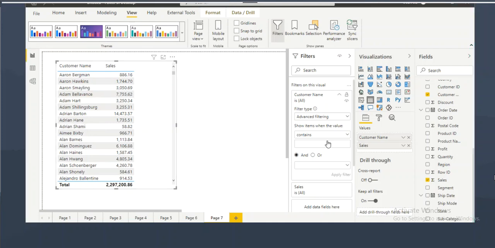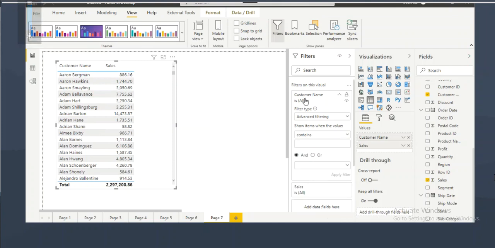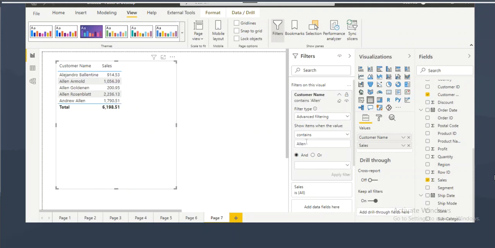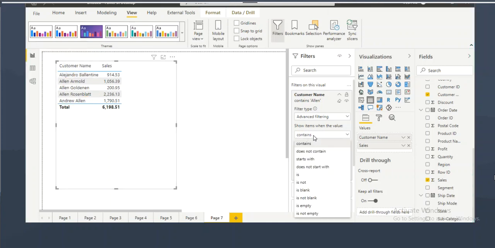So when a name contains Ellen and you want to show it, you need to try an option called what? Contains. Customer name contains Ellen. When you write customer name contains Ellen, it will show the customers whose name contains Ellen in between. So where is Ellen here? Between. Here Ellen is where? Starting. Here Ellen is where? At the end. So whether it is starting or middle or end, if a name contains so-and-so text, and I want to show it, you need to go with an option called what? Contains. When you want to write only based on starting characters, you can go with starts with.